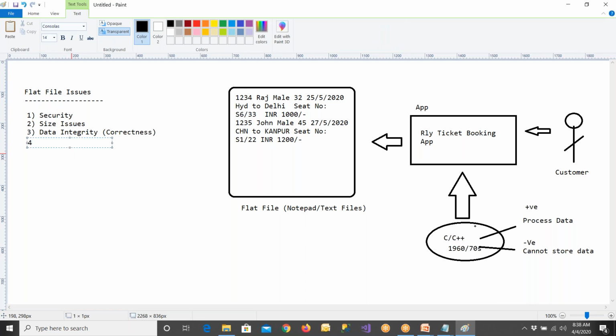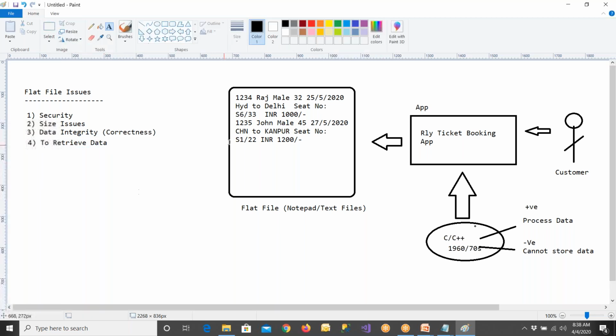Now, I wanted to store the data and retrieve the data. What language were we using to store the data? We were using C and C++. To retrieve the data, you should also use a language. So people may ask you a lot of questions to retrieve the data. So what is it that they wanted to know? They wanted to know how many people have traveled from station A to station B during last year, January. And I would like to get the information.